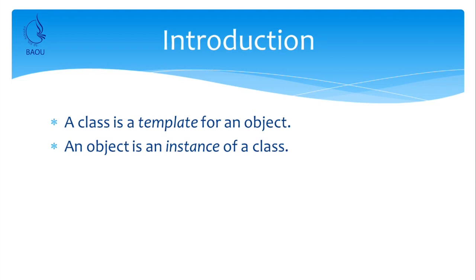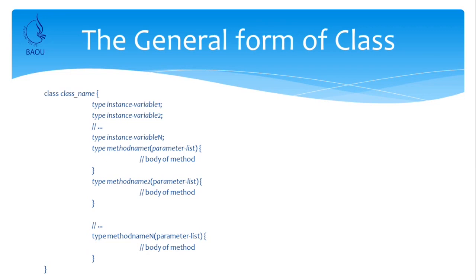For example, fruit has different properties like aroma, shape, size, color, taste, etc. So, all these common properties or common attributes are defined inside the class, and whenever we create an object from this class, it is known as an instance of that class, or an object. So, class is a template and object is an instance of a class.